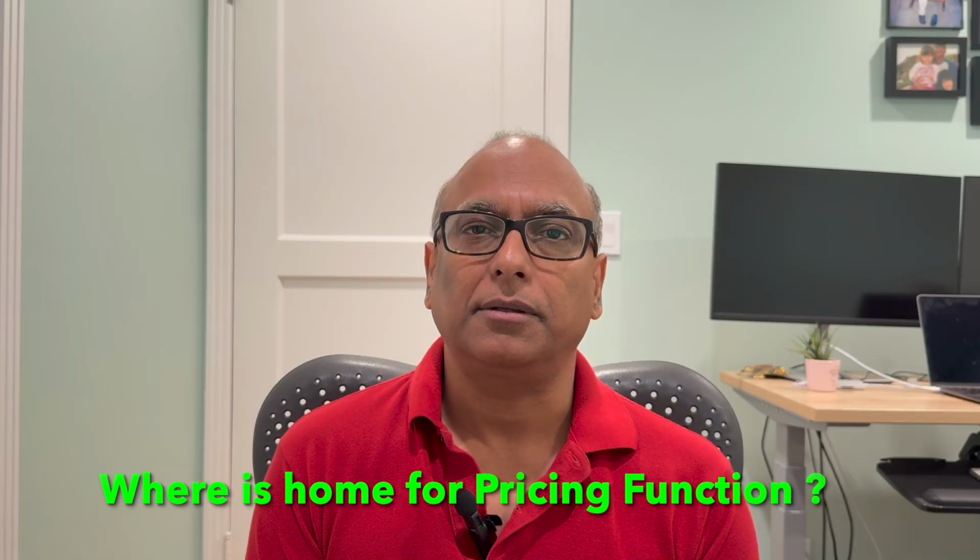So let's start with where should pricing function be placed in a company. I have seen pricing function reside in a finance function. I have also seen pricing reside in marketing. I have seen pricing reside in product, and I have seen pricing reside in sales and operations. Now let's think about which one is the optimal and which one is suboptimal or not so great. It also depends on what is the strategic objective of your company in terms of where you want to place pricing. Let's say if there is a big company,